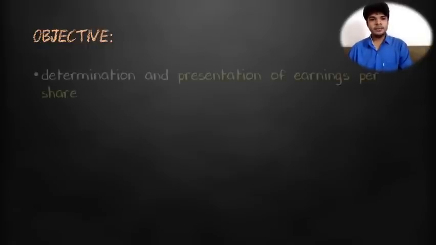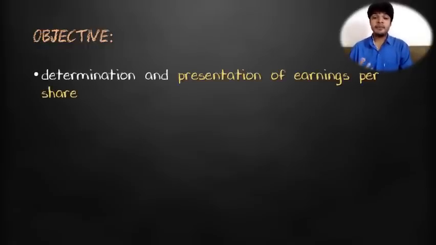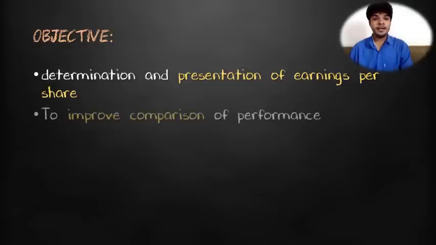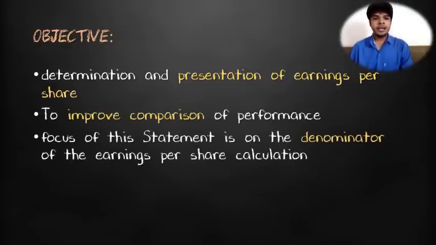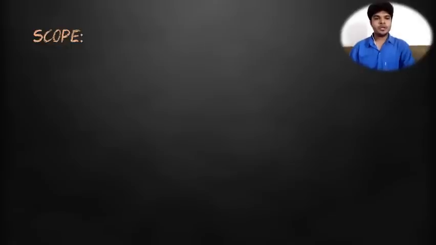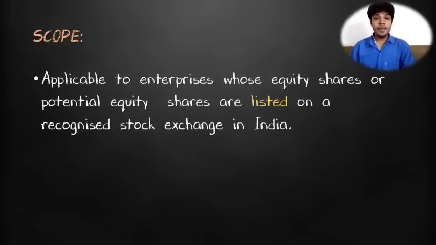Objective of this standard is determination and presentation of earning per share and to improve the comparison of performance. Focus of this statement is on the denominator of the earning per share calculation. Scope of the standard: applicable to the enterprise whose equity shares or potential equity shares are listed on a recognized